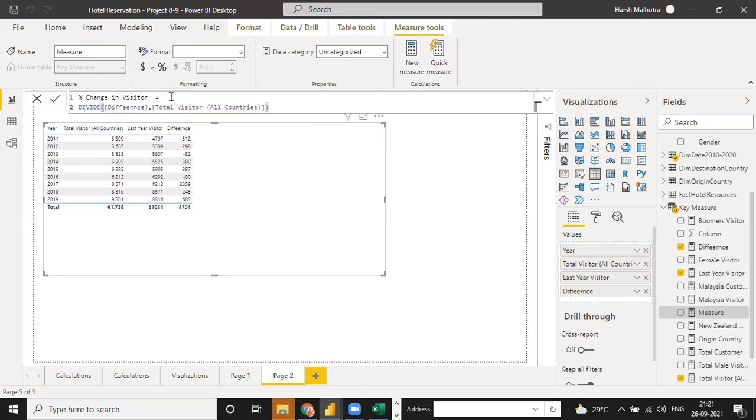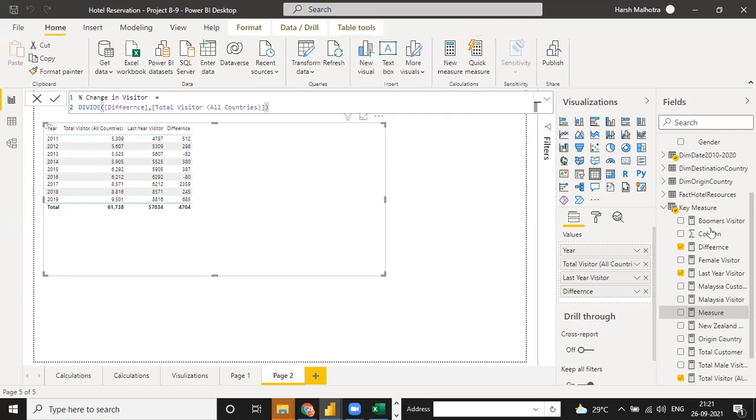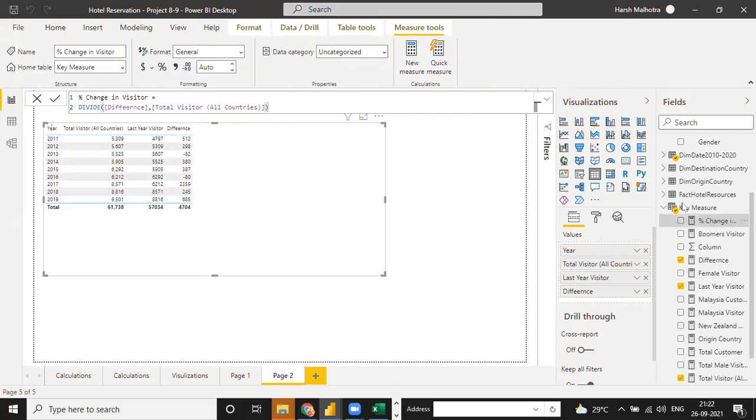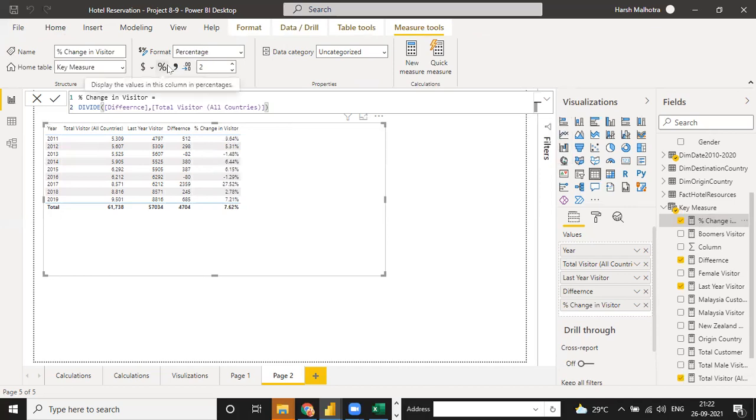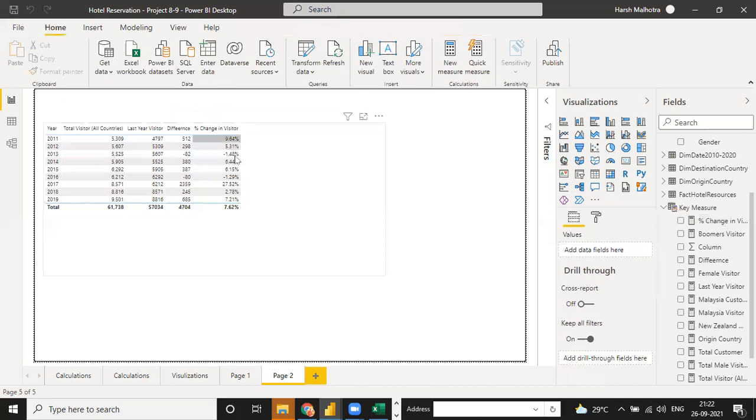Then go to select here, percentage change in difference, go to this percent and click here for percentage. See, a positive value means increased and a negative value means decreased.